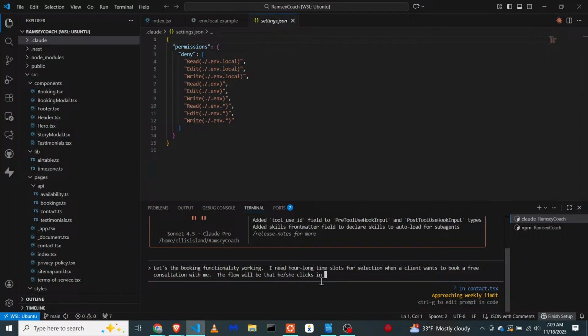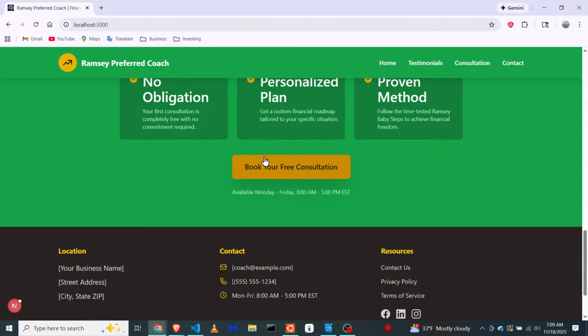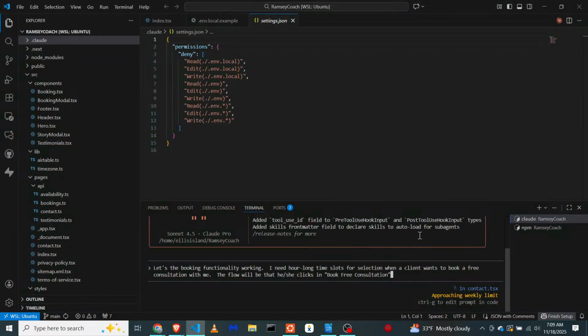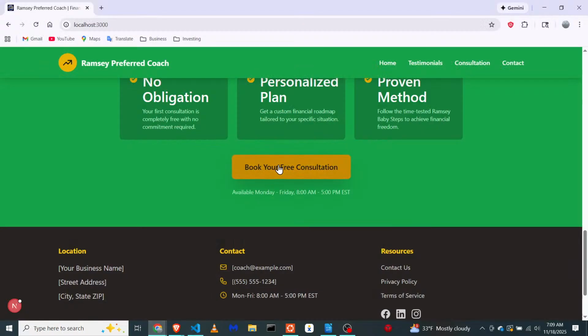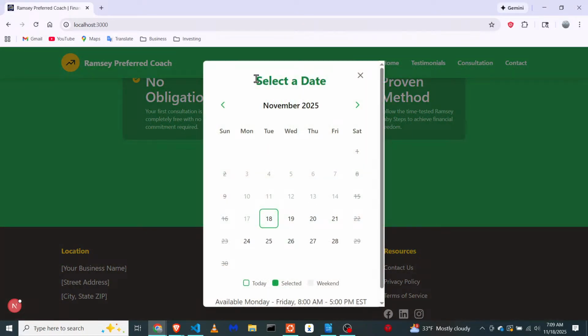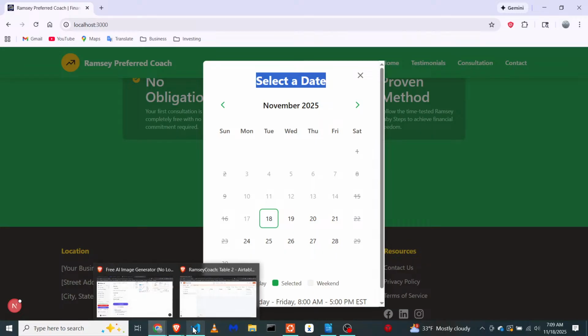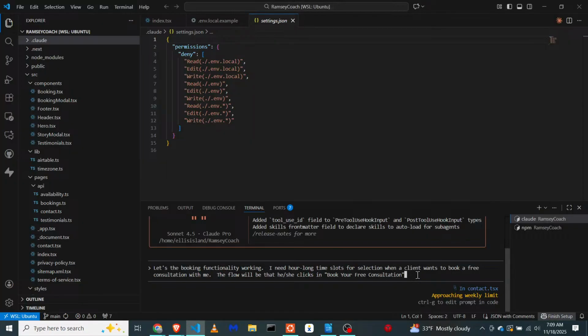Clicks in book free, right? That's our book your free consultation. Okay, book your. You probably don't have to be this specific with Claude. Claude pretty much understands what you're talking about, but for demonstration purposes, I'll just make sure that this is correct. Make sure all the context